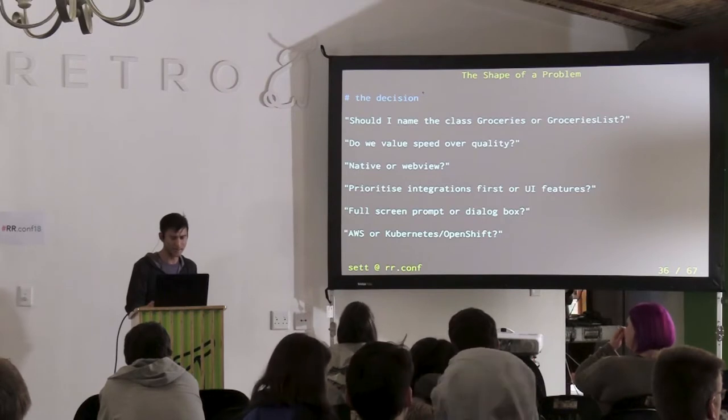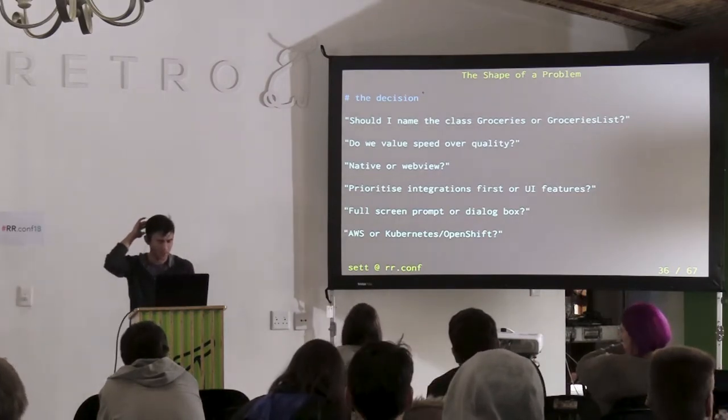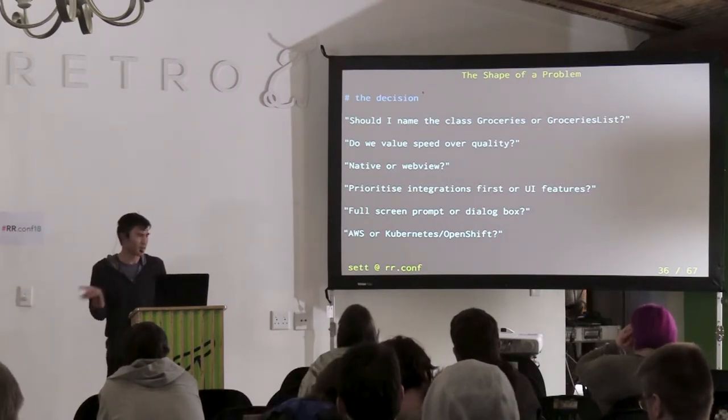And this illustrates it quite well in the software context. So should I name the class groceries or groceries list? And there's always some implications that come with every single decision, right? And sometimes decisions aren't just individual decisions, but shared across many different contexts and people. So,